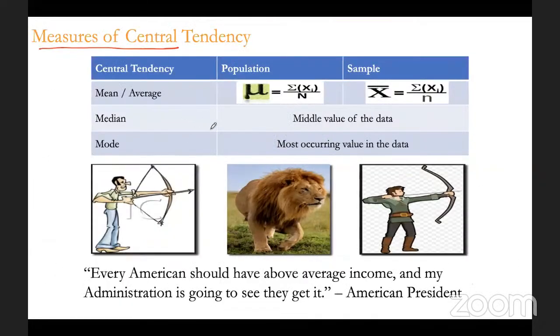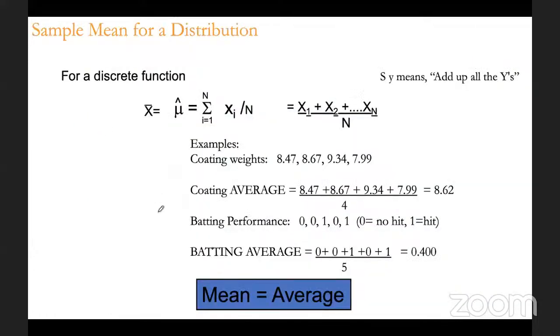Right. So as part of descriptive statistics, the first one is measures of central tendency. As part of that, we are going to discuss the mean, median, and mode. These are the three measures of central tendency. And I know that you already know how to compute a simple mean, right? A simple mean is nothing but the summation of all the elements in a data set divided by the total number of elements in the data set. Okay, so the formula is x bar